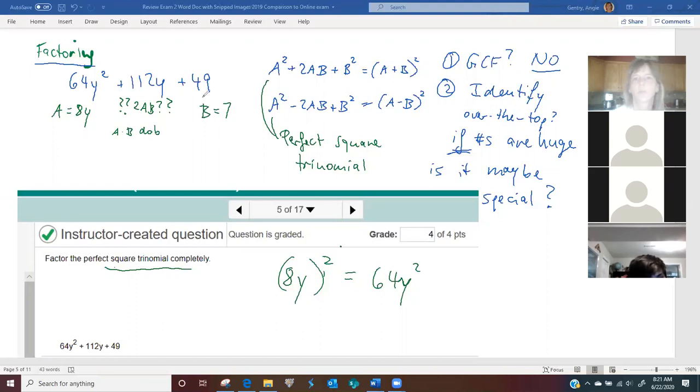Whoops, I can't even spell this morning. So a times b is 7 times 8y. What? No, 56. A times b is 56y. And then is this that doubled? Or you can just say 2ab. So you take a times b and double it. And if it is,